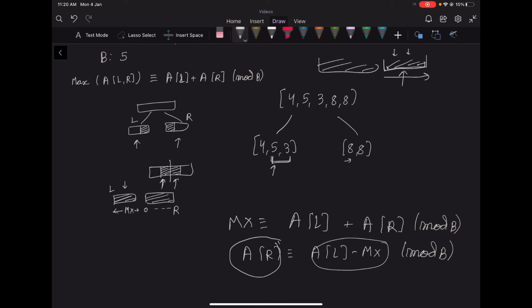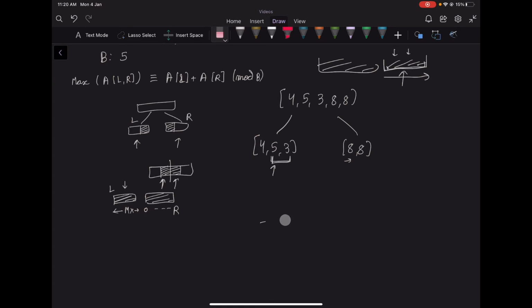This may sound complex, so let's dry run this on our example to understand it more clearly. B was 5 in our case, so we'll store the frequencies of elements modulo 5. Now this is our first divide part. Again we will divide it into two parts, 4, 5 and 3.